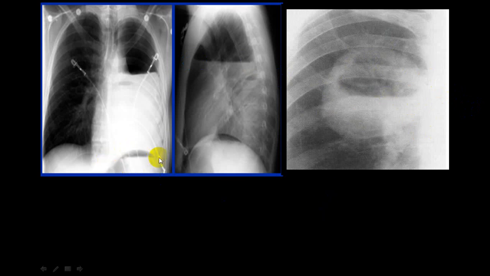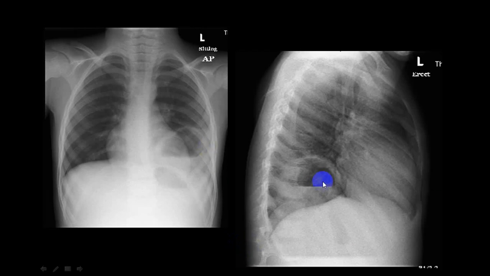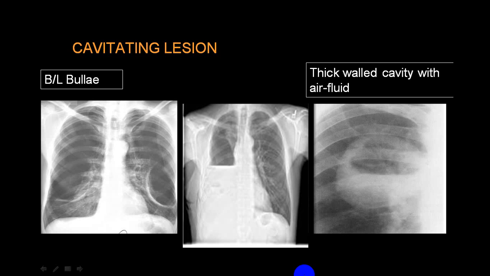But if you see on the left side below the diaphragm, it is a gastric bubble in the stomach fundus. Right lung abscess, this is left side hydropneumothorax. You can see this. See this, this is gas in the fundus part, and there is a horizontal fluid level, but it does not extend to the border. So this is not hydropneumothorax. This is abscess. Yes, answer that way.